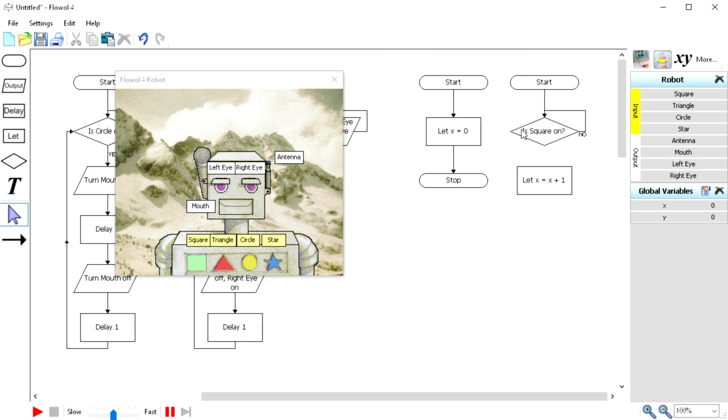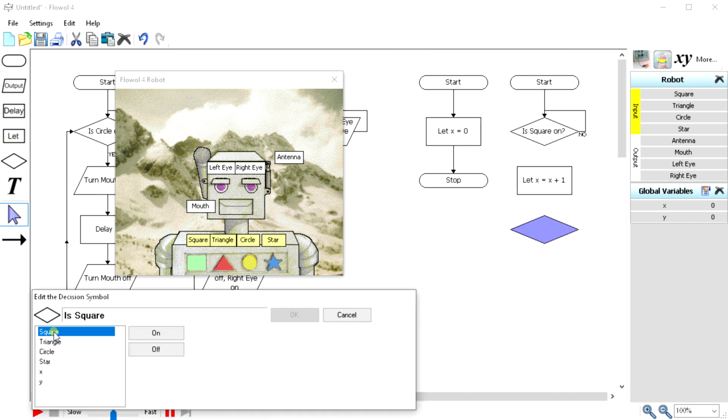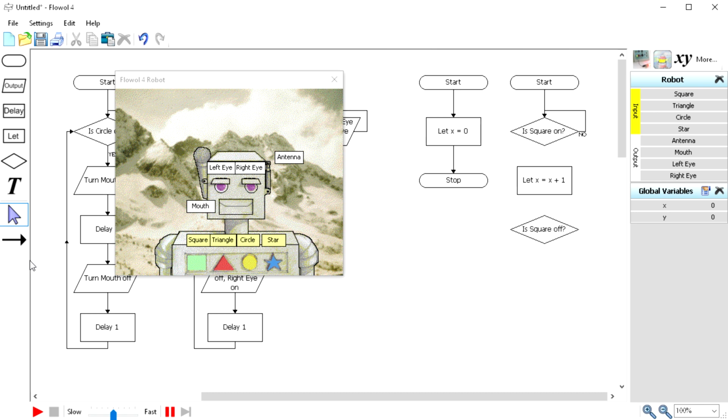Now if we loop that back, unfortunately what would happen is the square would still be on, so the value of x will keep going up and up and up. What we're going to do instead is we're going to check that the square has been turned off. So is the square off? Again, if the answer is no, put that there. If the answer is yes, we can loop back to the beginning. Then we just need to